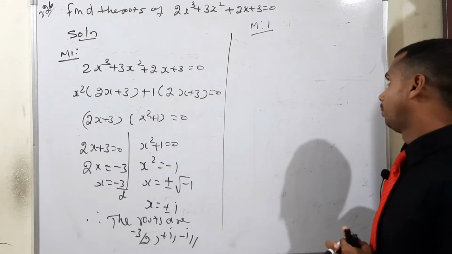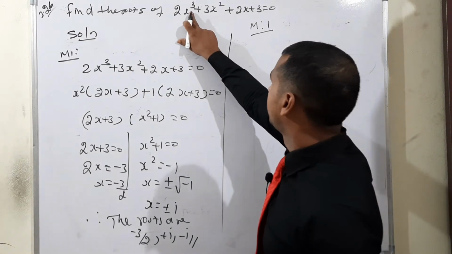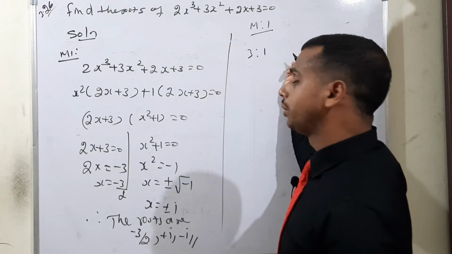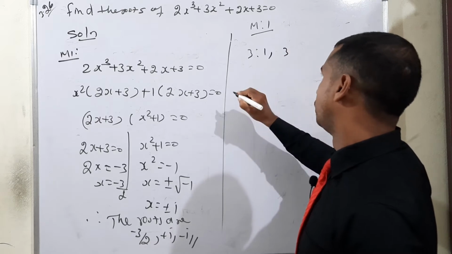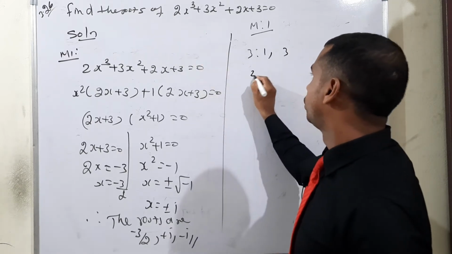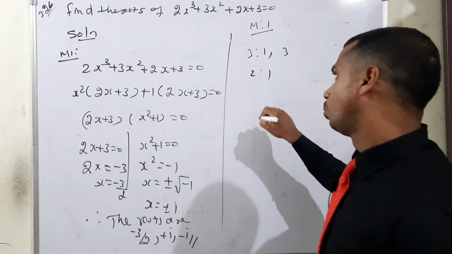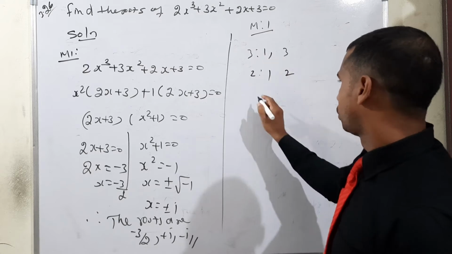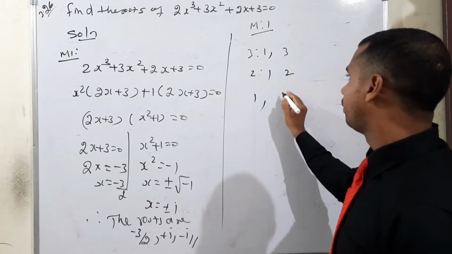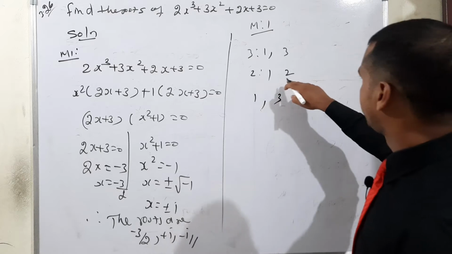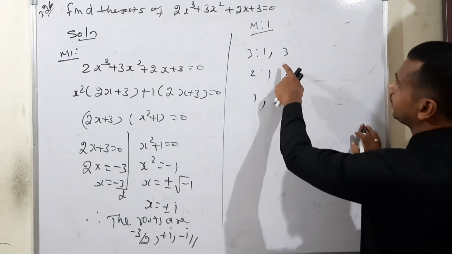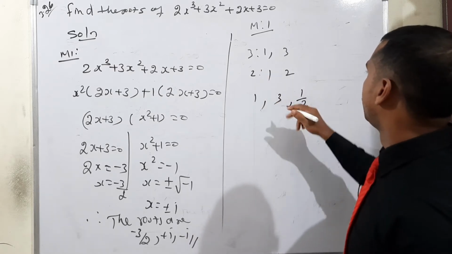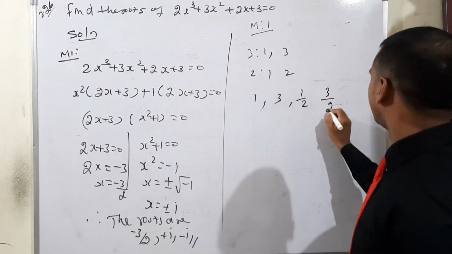So what are the possible cases actually? If you take the leading coefficient, power 3 is there, isn't it? So for 3, what are the possible cases? 1 into 3 is possible, and again 3 into 1 is also possible. Then the other coefficient value, 2 is there. What are the possible cases? 1 into 2 is possible, and again 2 into 1 is also possible. If you take each and every one divided, 1 divided by 1 means 1 will come, as well as 3 divided by 1, 3 will come. Next, divided by 2: 1 divided by 1, again 1 divided by 2 is also possible. Here 3 divided by 1 and 3 divided by 2 are also possible cases.